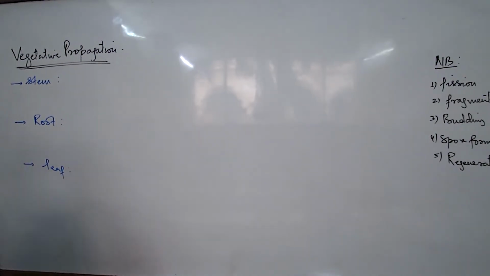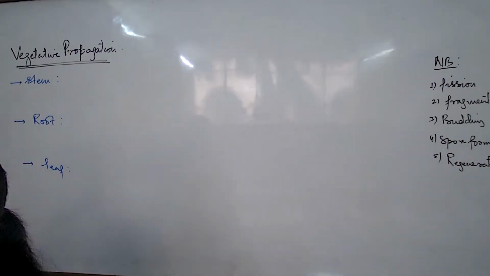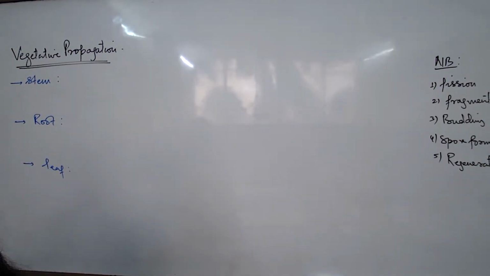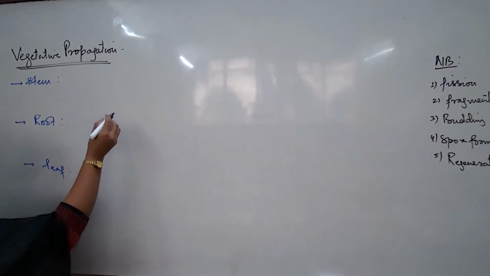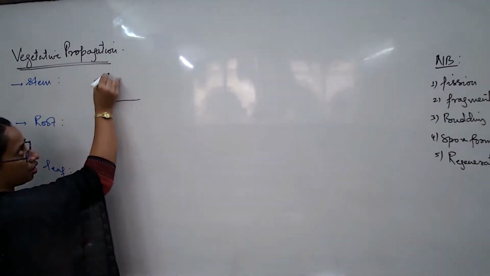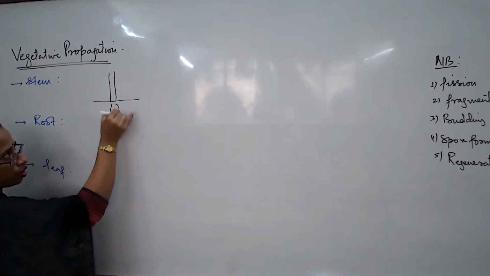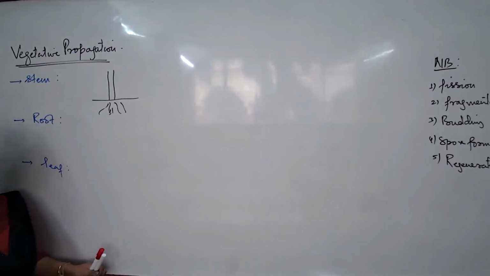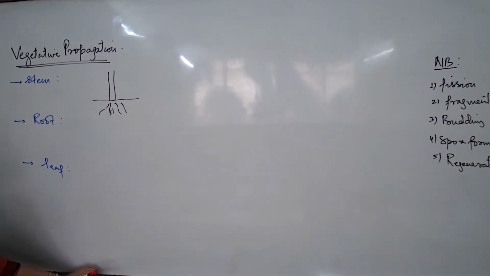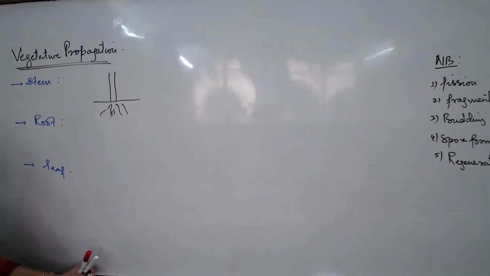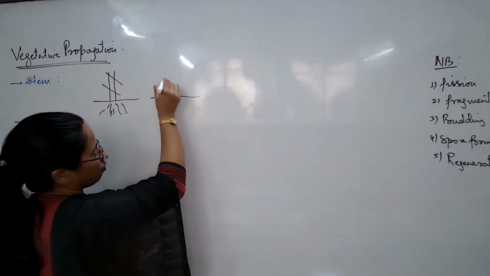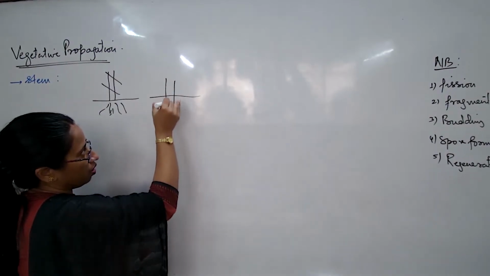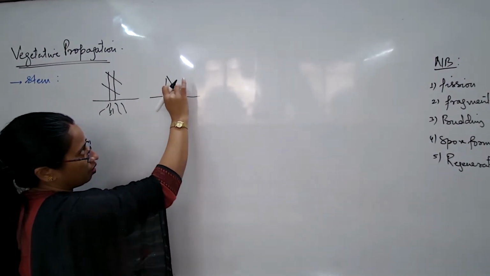Again I repeat, what is the meaning of propagation? Formation of a new plant from these vegetative parts, from these non-reproductive parts. Now, if I talk about stem, how is it possible that from a stem a new plant would develop? We talk about cutting out a small portion from any particular stem, and this portion of the stem, if we now try to put